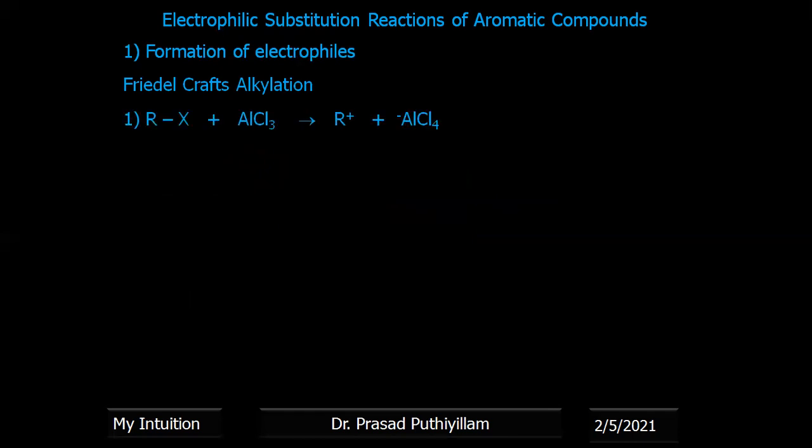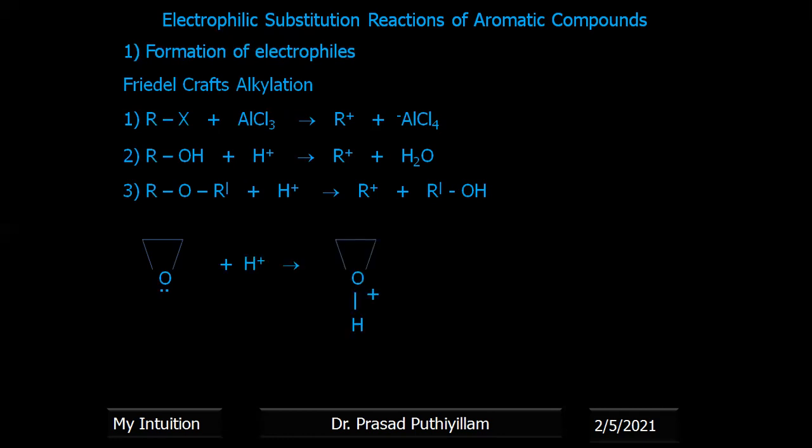Friedel-Crafts alkylation reaction, that means the electrophile formed is an alkyl carbocation, or an alkyl group with positive charge on the carbon atom. The first method in which the carbocation can be formed is when alkyl halide reacts with aluminum chloride and becomes a carbocation. Even alcohol on protonation gives R plus. Esters and ethers on protonation give R plus. Even epoxide on reaction with H plus also produces the corresponding alkyl group with a positive charge, where ring opening takes place. So these are all the possibilities in which we get the corresponding electrophile for Friedel-Crafts alkylation reaction.